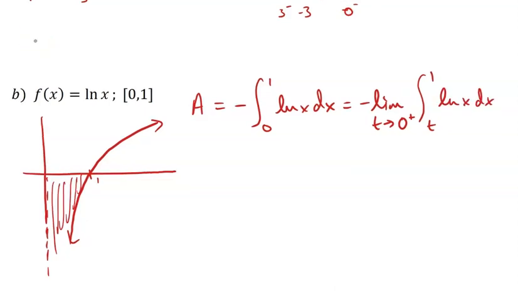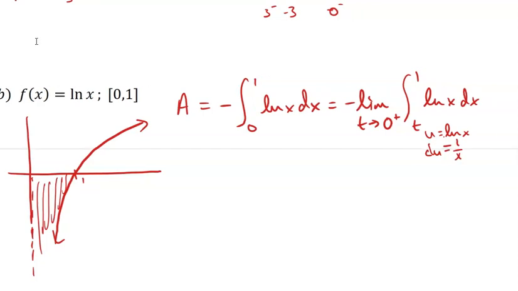To evaluate this integral now, I do need to use integration by parts. So u is going to be natural log x, du is going to be 1 over x, dv is 1 dx, and v is x. Okay, so then that becomes the limit as t approaches 0 from the